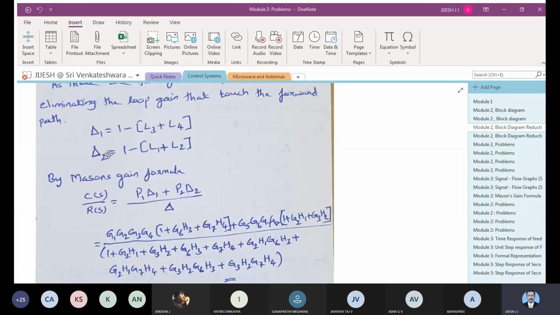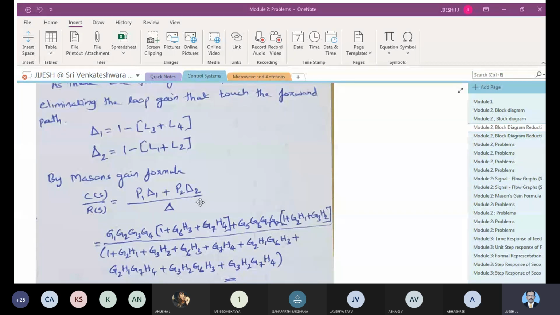Just listen carefully, because all these things you have already written, understood, and solved problems on. When you are moving the takeoff point, you have to make sure that G is before the takeoff point. Then you make the takeoff point come this side, which means the impact of G has to be there with respect to x1 and x2, so that you get the output x2 equal to gx1. That is retained at both places: x2 is equal to gx1 and x2 is equal to gx1.